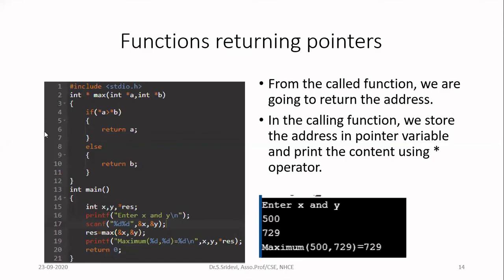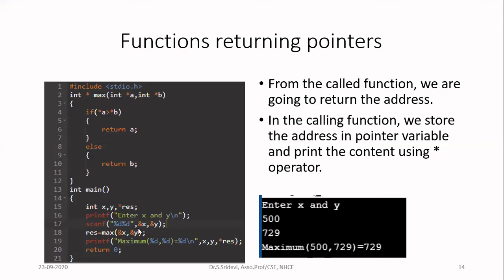Now let us focus on the program to understand. I have written this program to find the maximum of 2 numbers. Okay, so I want to find one answer only. Maximum of 2 numbers is only one answer. So I am getting my input and storing the input in 2 variables x and y. They contain 2 numbers. I have to find which number is maximum out of these 2.